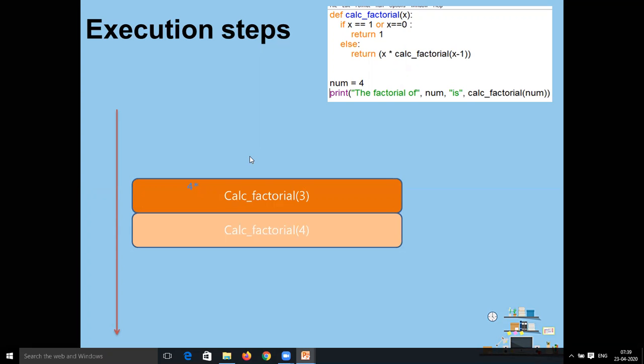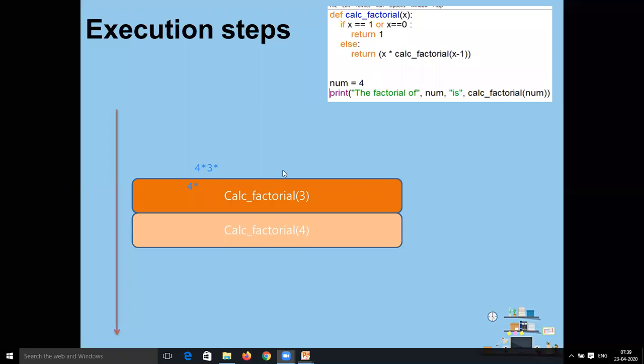Now see, calc_factorial(3) is called, so 4 will be pushed inside a memory space that is known as the stack. Suppose there is one memory space that is a stack, then 4 will be kept there in that memory space. Now it will call calc_factorial(3), which will return 4 into 3 into calc_factorial(2).